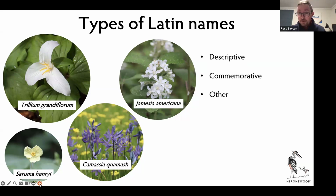The top two, on the left, we have Trillium grandiflorum. That is a descriptive name. Trillium because the parts are in threes, grandiflorum meaning large flower. Then we have a commemorative name, Jamesia, named after a botanist called James. And then we have other, and others are varied. Saruma, for example, is an anagram, and Camassia is a native name that's been transferred into Latin. So we're going to go through descriptive, commemorative, and other names, and I hope you'll see a lot of plants